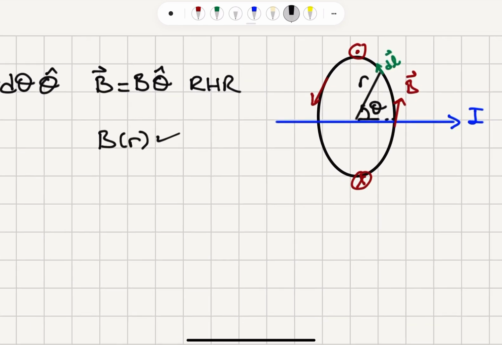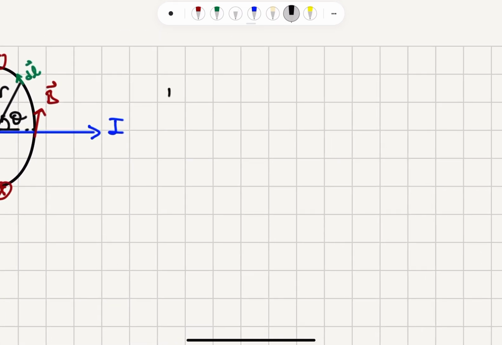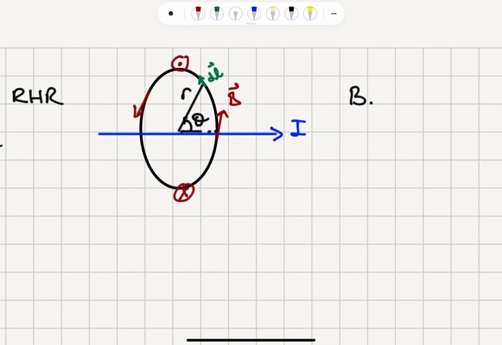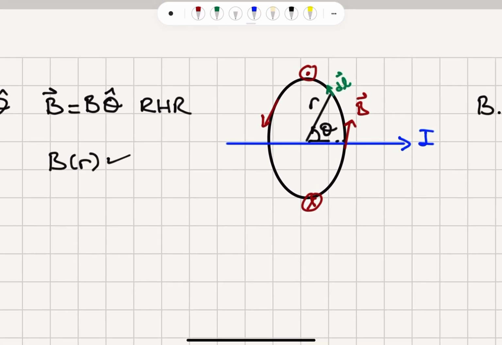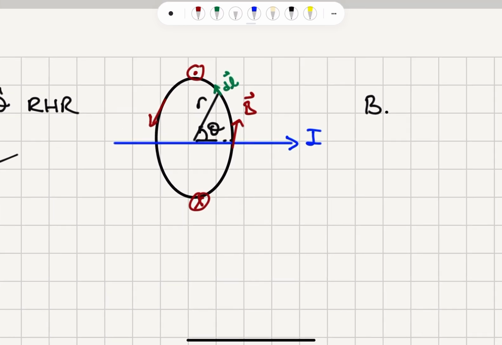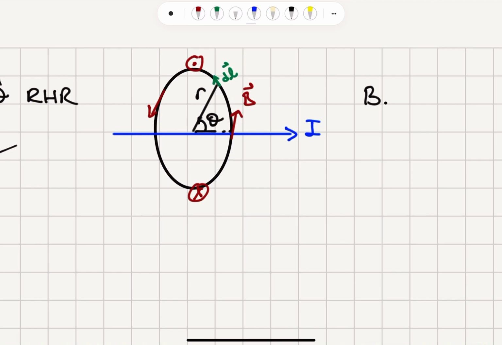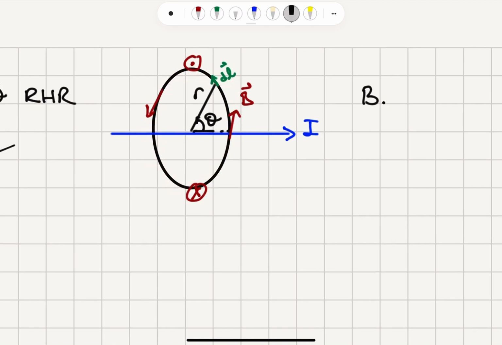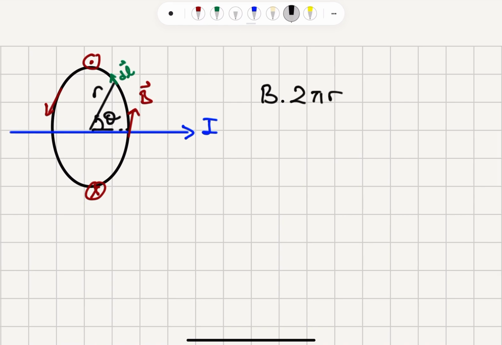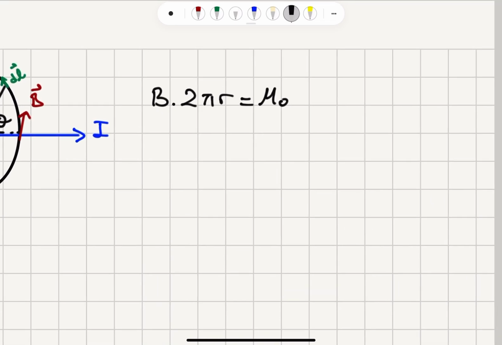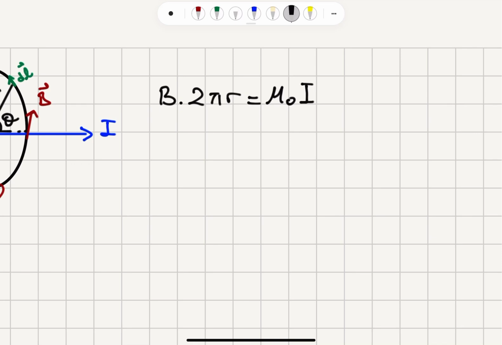Okay? Now, according to Ampere's law, the closed path integral B dot dl, because the dl vector and magnetic field vector are parallel to each other, the dot product gives me B dl, and because the magnetic field is just a function of radial distance r on this path, the magnetic field magnitude is a constant and comes out of the integral. The integral of dl around this circle is just 2 pi r. So B times 2 pi r is mu0 times the current enclosed. Current enclosed is equal to I. So the magnetic field created by this wire is mu0 times the current I divided by 2 pi r,